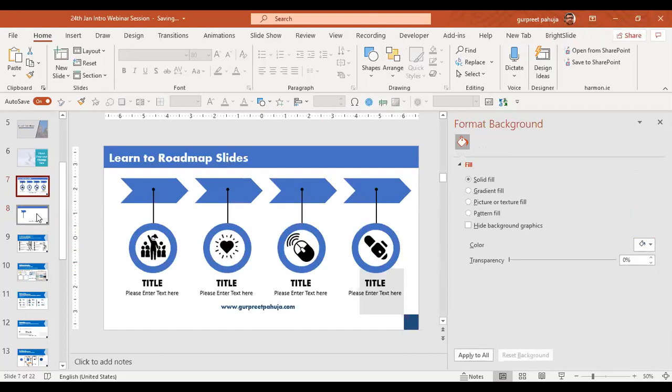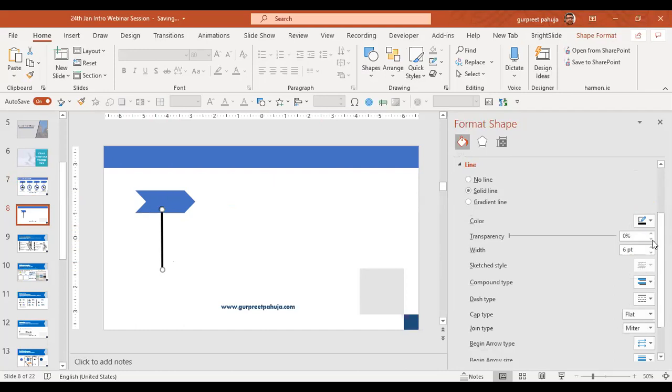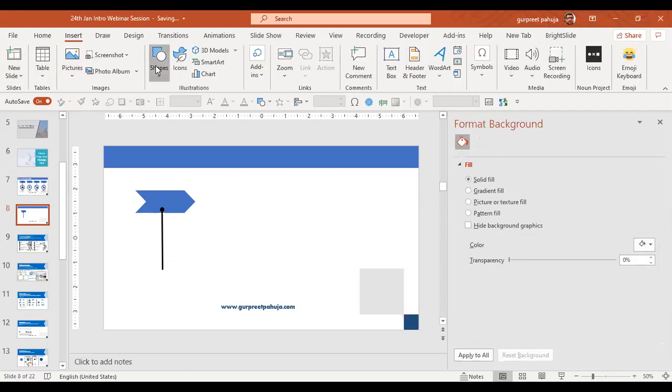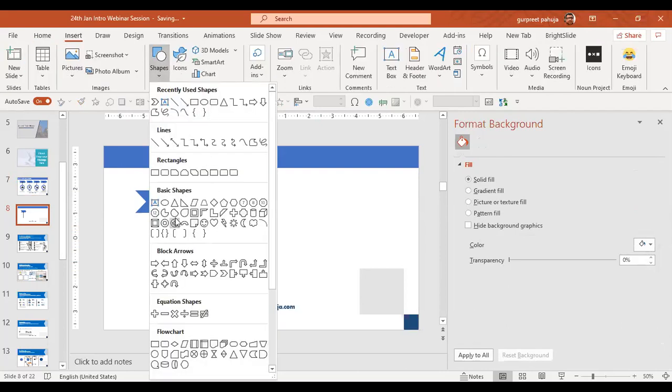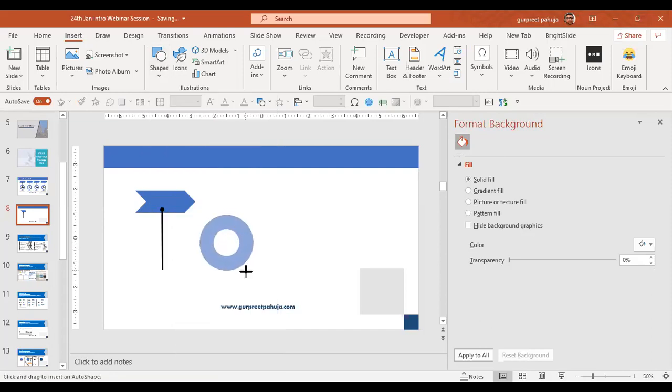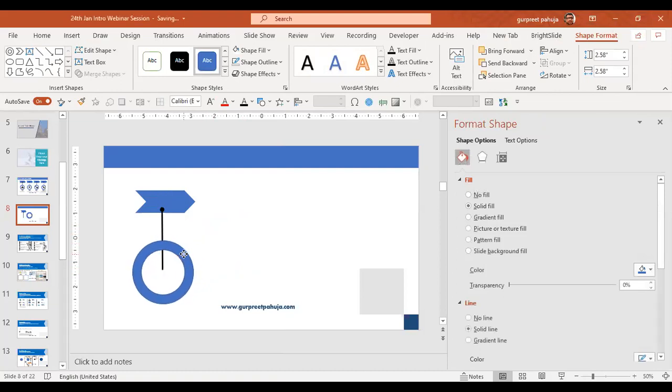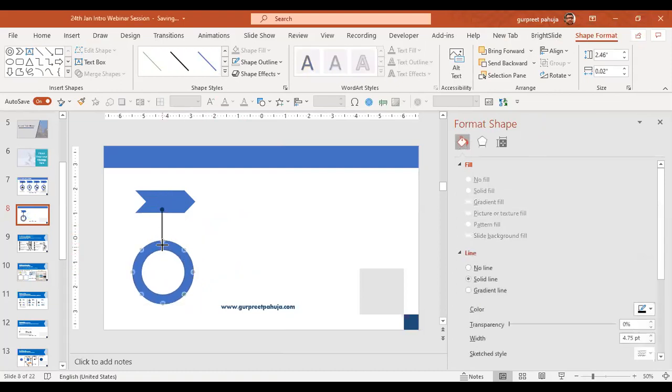I made it the same way. If you want to reduce the size, you can do it like this. And then you can again go to Insert, Shapes. Now I'm not pressing Shift, that's why it is coming haphazard.